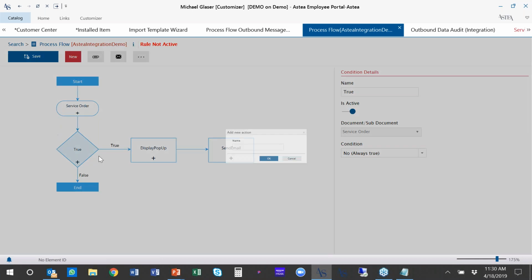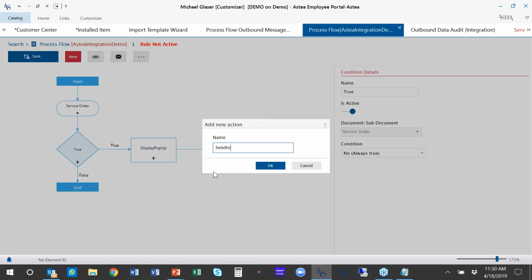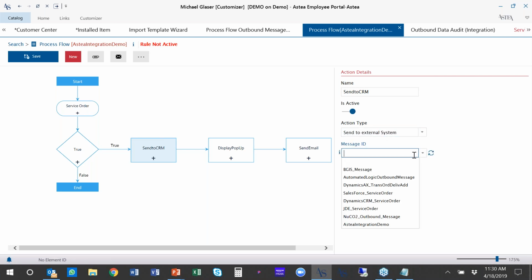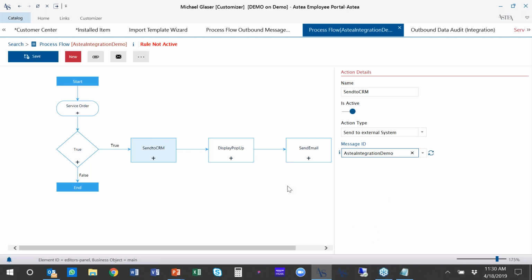Okay, and the last thing we're going to have this process flow do is send a message off to our CRM platform. And this is the message that we created a moment ago. Again, I've got a number of different messages in here. It's that simple. So just to recap, I've very quickly, again, without writing code, created a simple process flow that